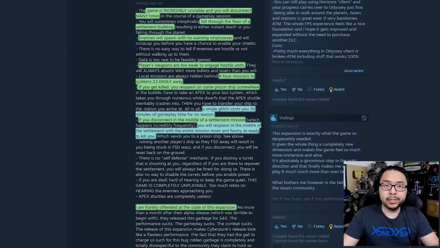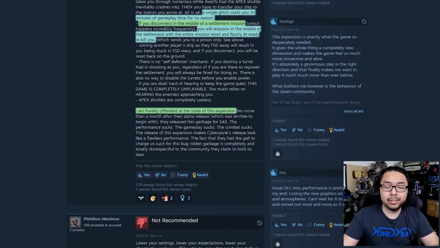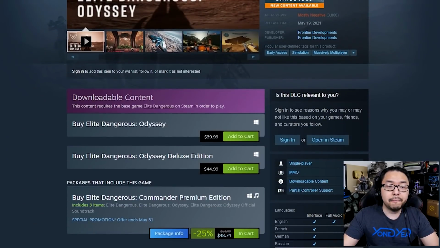Then there's mention of a glitch when you die that basically costs you 30 minutes of gameplay time for no reason because of where you get spawned and stuff like that. There are no contingencies for when you disconnect in the middle of a settlement mission, so you'll respawn in the middle of the settlement with the entire mission reset and 40 AI ready to kill you. I'm frankly offended at the state of this expansion. This seems to be something that plenty of people are saying. Keep in mind that this expansion is $40. At $40, you shouldn't be getting an experience that is woefully unfinished and feels like it isn't even ready for